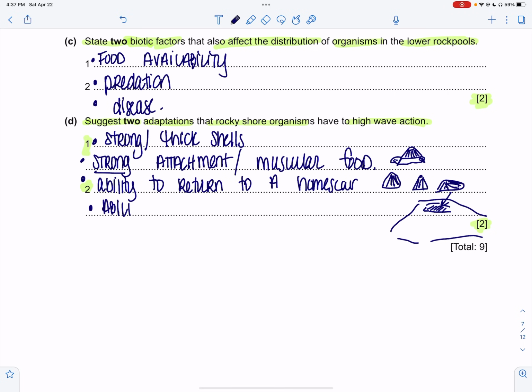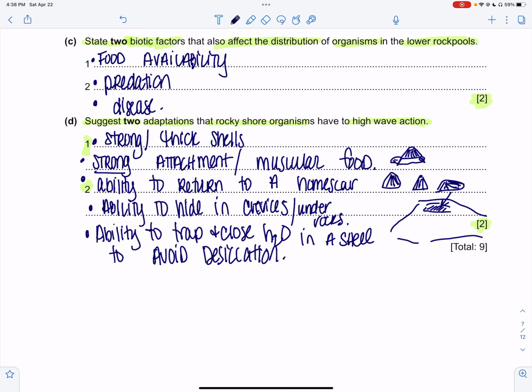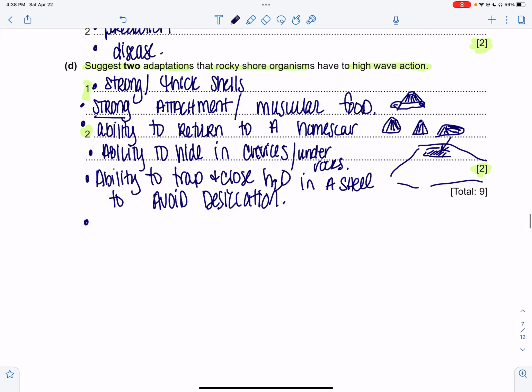Ability to hide in crevices or under rocks. Ability to trap, enclose water in a shell to avoid desiccation. For the marine organisms,